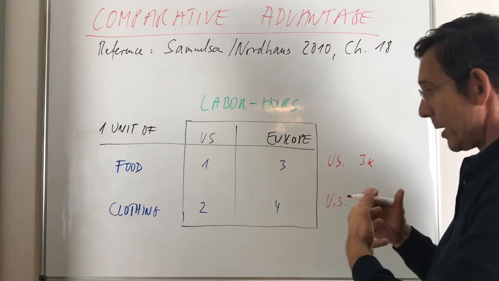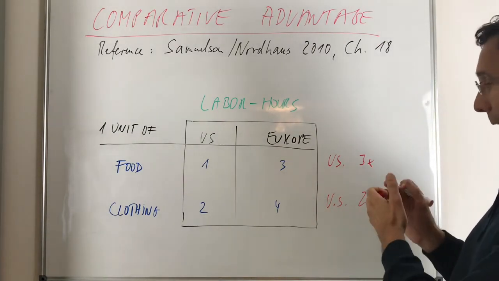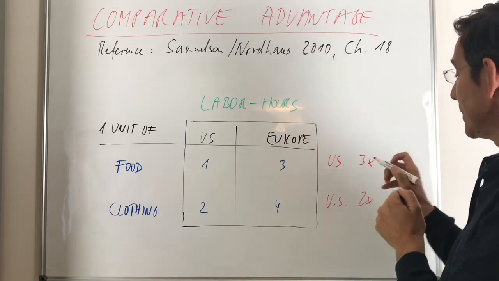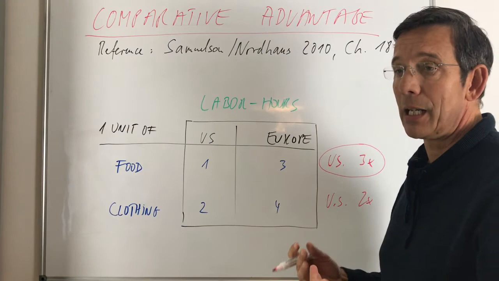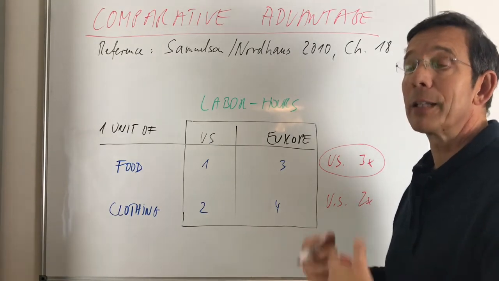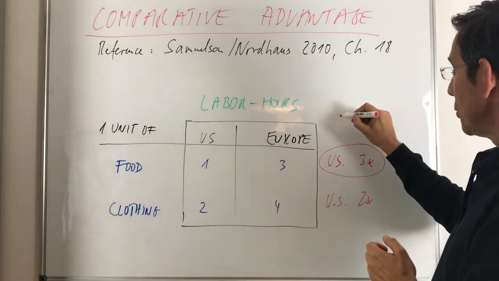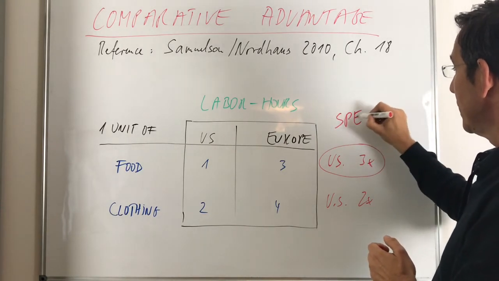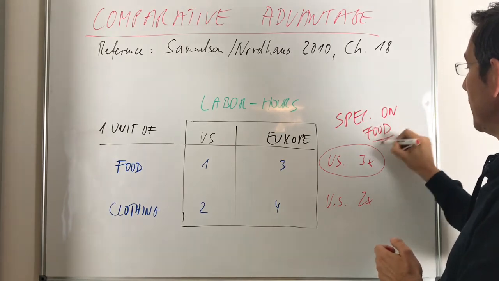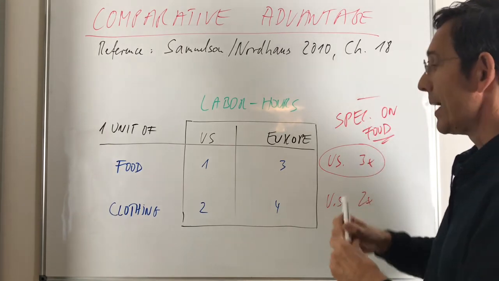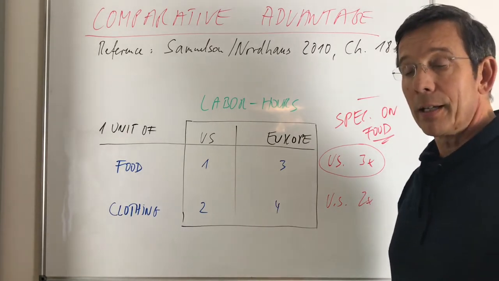So the US is twice as productive as Europe. And comparative advantage tells us that the US should specialize in that where they are relatively more productive than the others, and that's food production in that simple example, and Europe should specialize in clothing, and